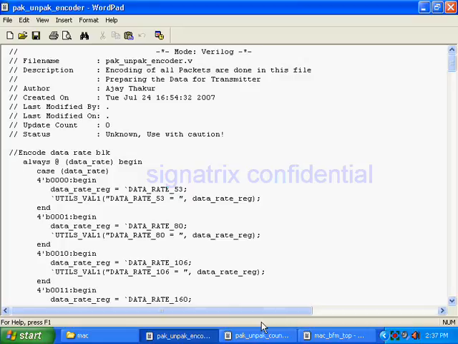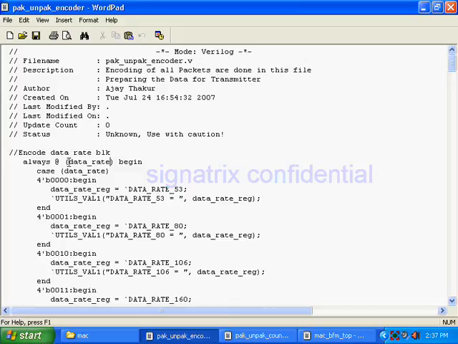So this is the encoding module in MAC. Encoding module means you can take the example of MAC. In MAC many fields are there. You see here one field is data rate. At what data rate do we need to transfer the data? Who will tell? The test case will come and tell.